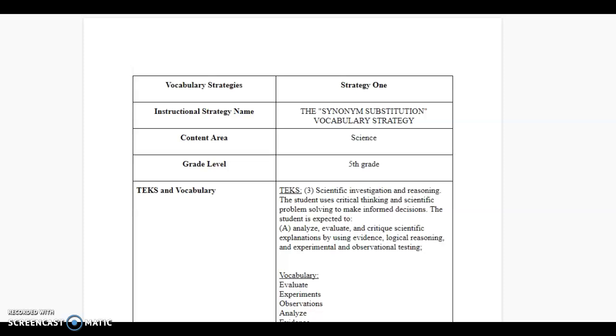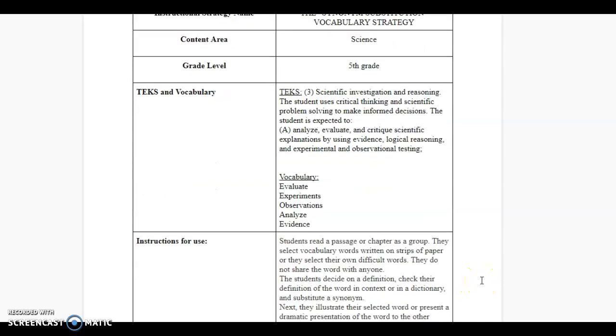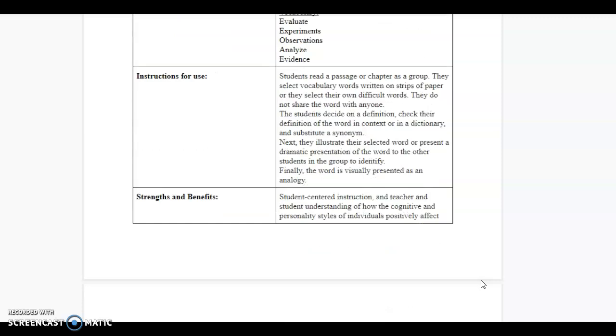So the name of the strategy is the synonym substitution vocabulary strategy. And this strategy is super simple. Basically, the students are finding words that they think are difficult. They may not exactly know what it is, and they are finding the definition, checking the definition in a dictionary to make sure that it's absolutely 100% they know what it means, and then they're going to substitute that word